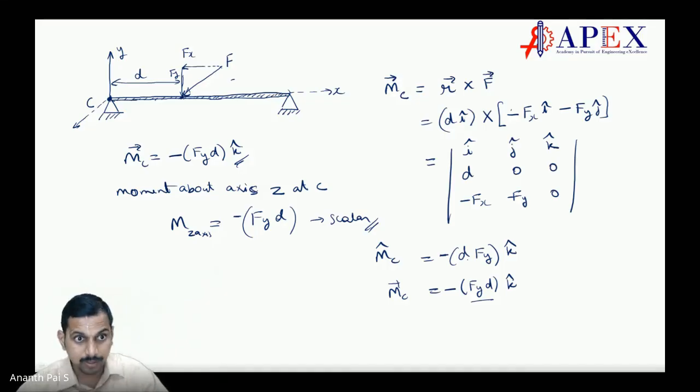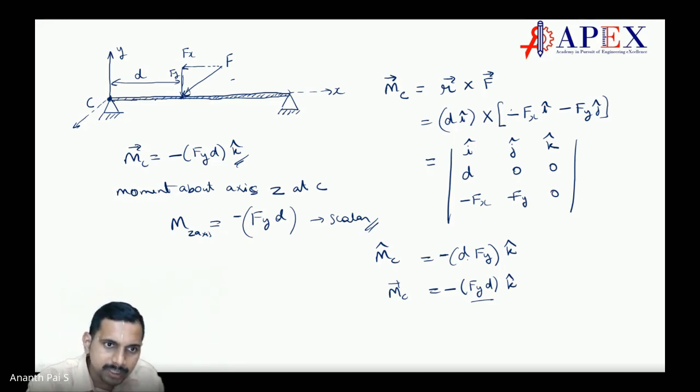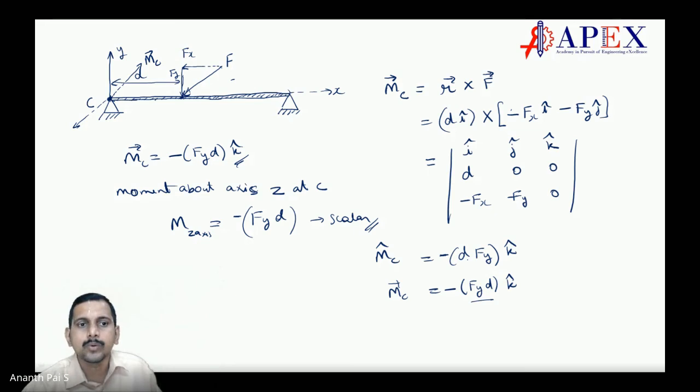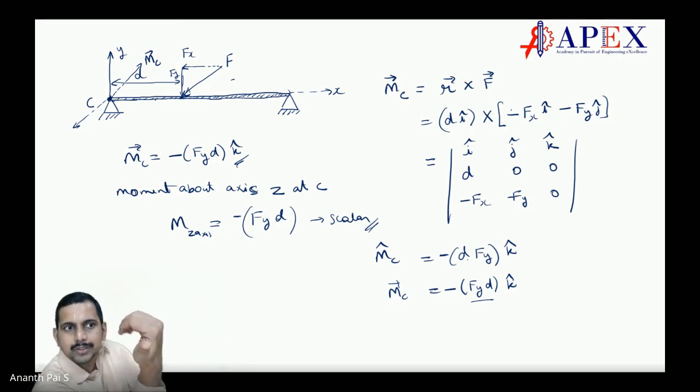This is a very good question that you have asked. See now, along the z axis, minus means what? Where is the moment vector? The moment vector is in this direction. This is the moment vector, MC. What does the moment vector being there suggest? We are going with the right-handed rule. Very important. So with the right-handed rule, it is clockwise. Use your right-handed rule. So it is anti-clockwise, but this is going in the other direction. So clockwise makes sense.